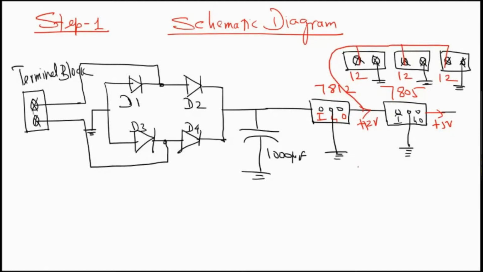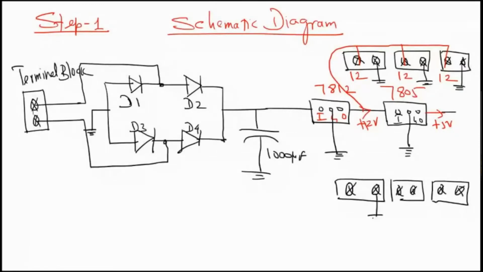Similarly, I should have 3 terminal blocks in the bottom layer. 1, 2, 3. Again, each terminal block means a 2-pin connector. So one of these 2-pin terminals should go to ground. The other one should have 5-volt output. So you take the 5-volt line and connect to all these 3 lines, so that I end up getting